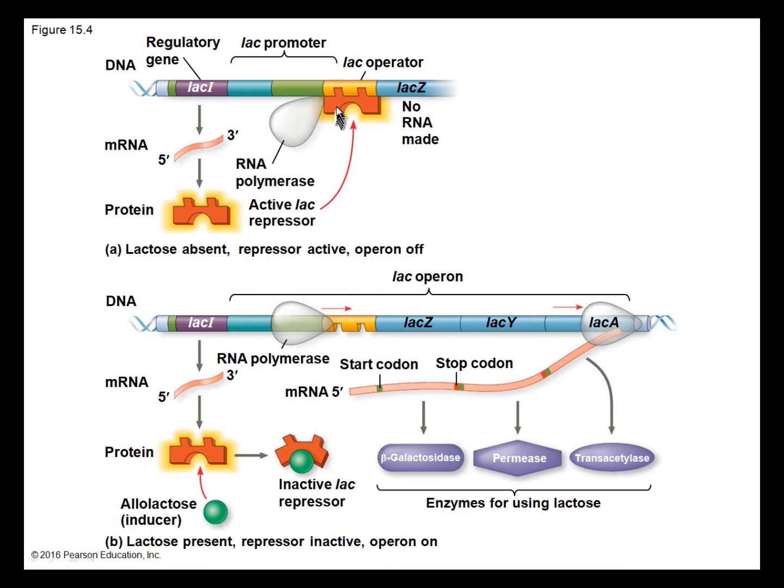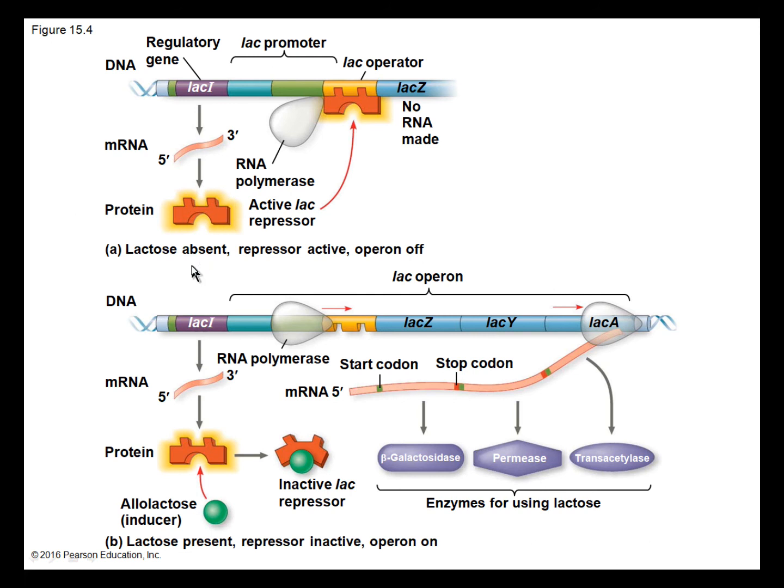So it can bind to the lac operator, which is part of the lac operon promoter. And RNA polymerase cannot proceed because the operator inhibits the polymerase from going into the gene. So no transcription of those genes